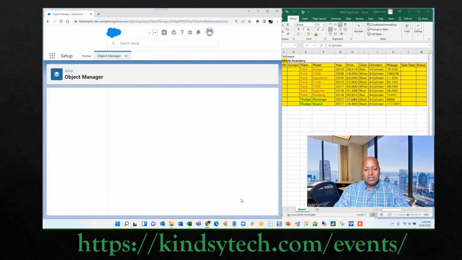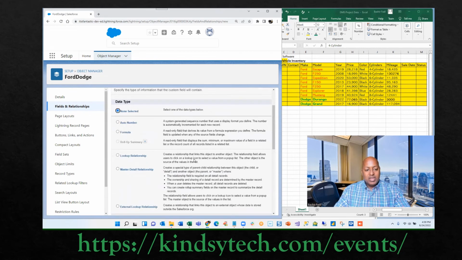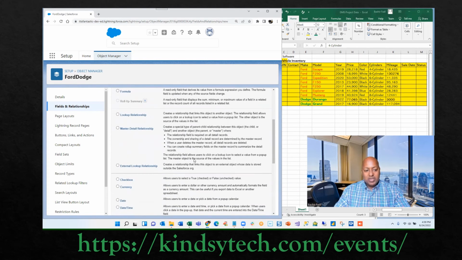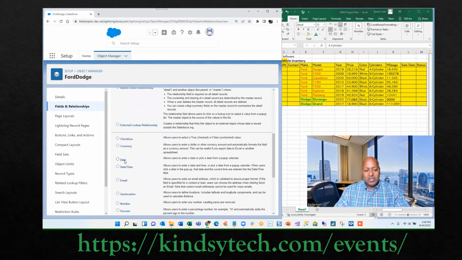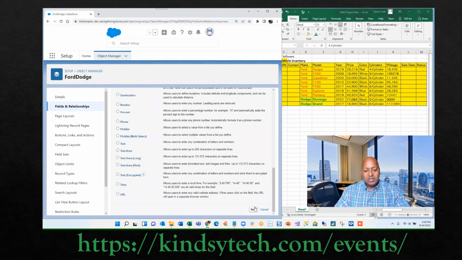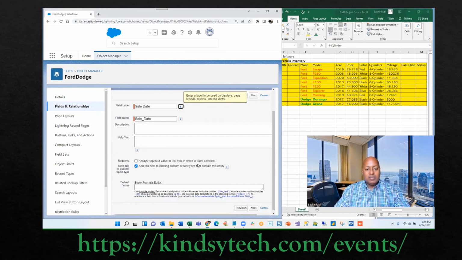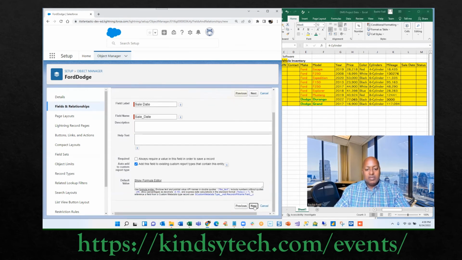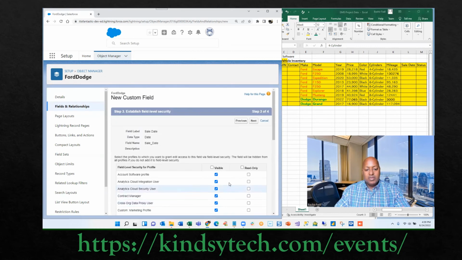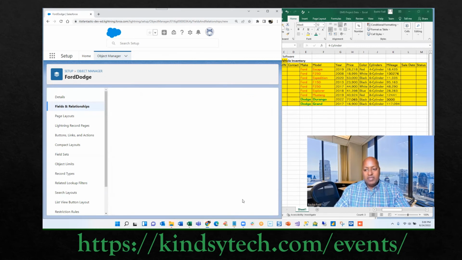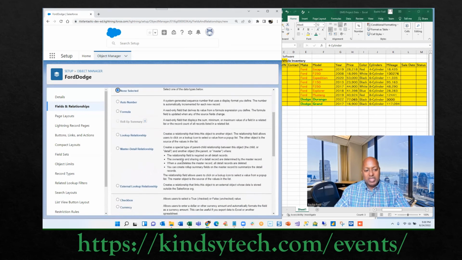Next, save and new. And then we have the sale date, which is going to be a date, not necessarily time, just date. Next, so we're going to call it sale date. Next, visible. Next, and finally we have the status, which is just going to be a text field for now